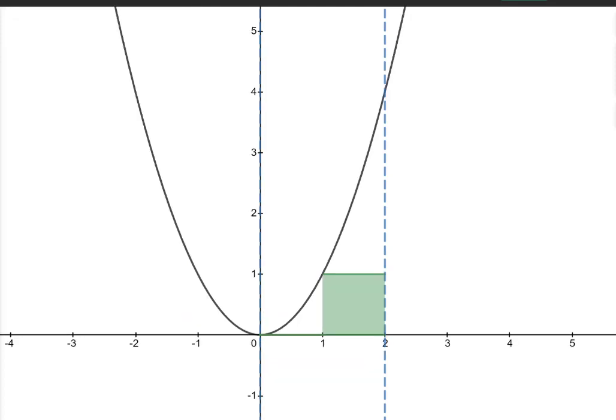If I add more, 4, 6, okay, can you see that the more rectangles that I add, my approximation of the area is getting better and better,